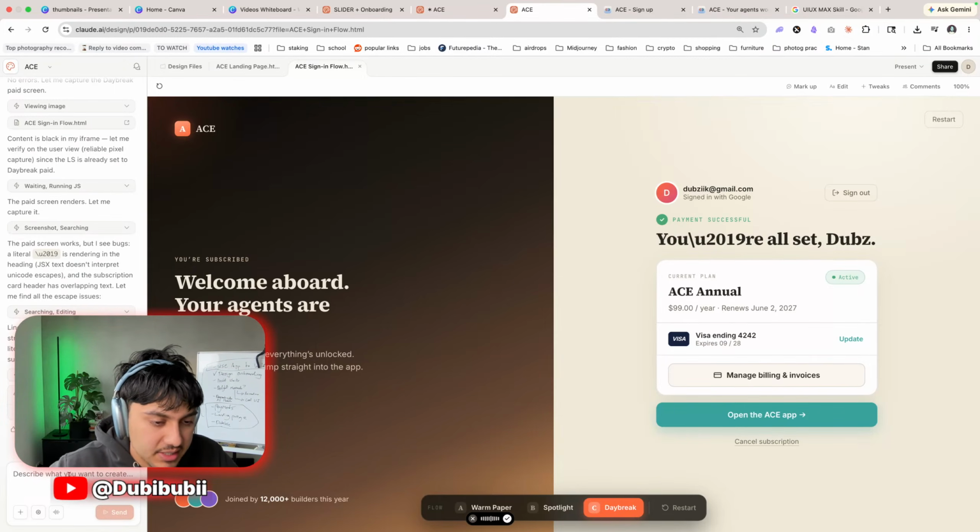Ace is actually a downloadable app for Mac only. So when users go to open the Ace app, they then need to go to another screen, which basically has the download files and allows the user to download